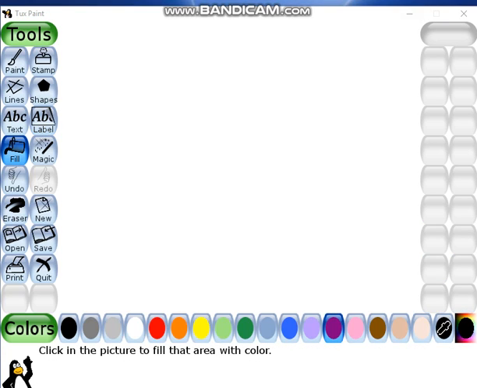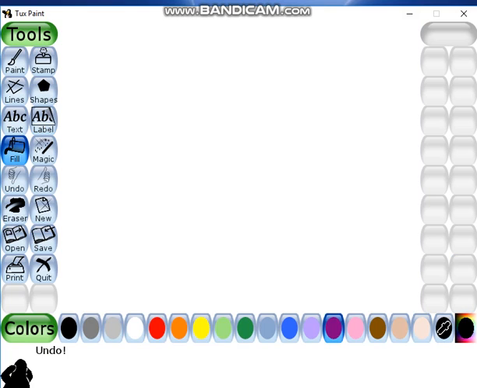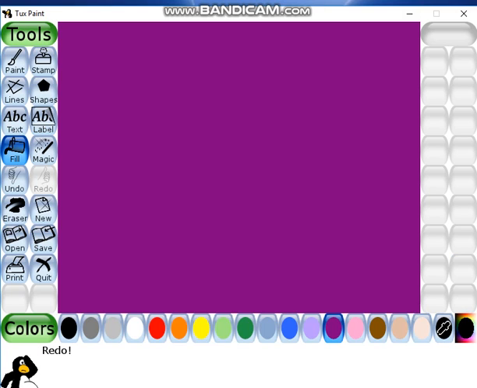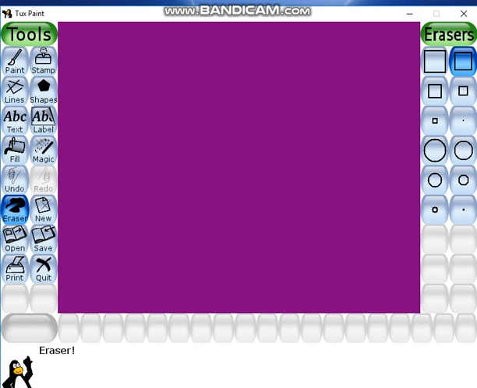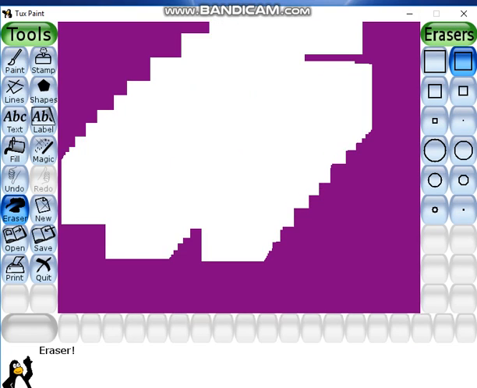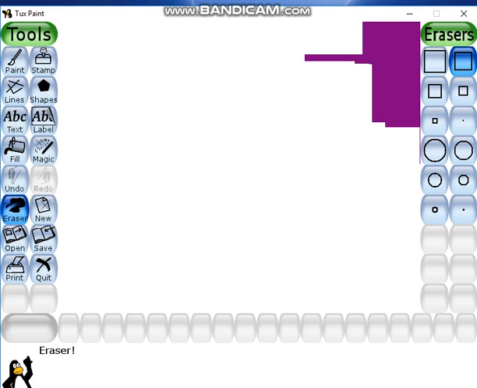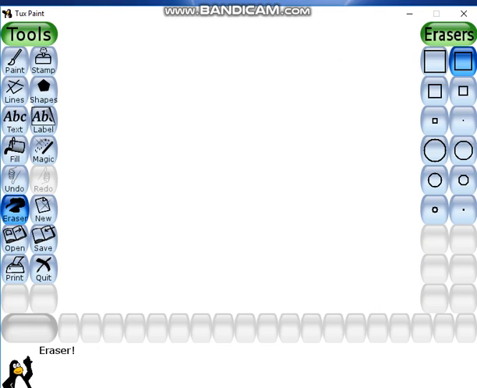After text tool, what we have is undo and redo. What undo does is that whatever you are doing, the last action will be undone by the undo command, and redo will help you to do it again. The next is eraser command. For eraser command, you should have something on your screen. As you can see, I have drawn 2 circles. Now with the eraser command, I can rub this. This is why we choose eraser command. Can you see? I've cleaned the whole screen using eraser command. I can select different types of erasers and I can erase my mistakes.